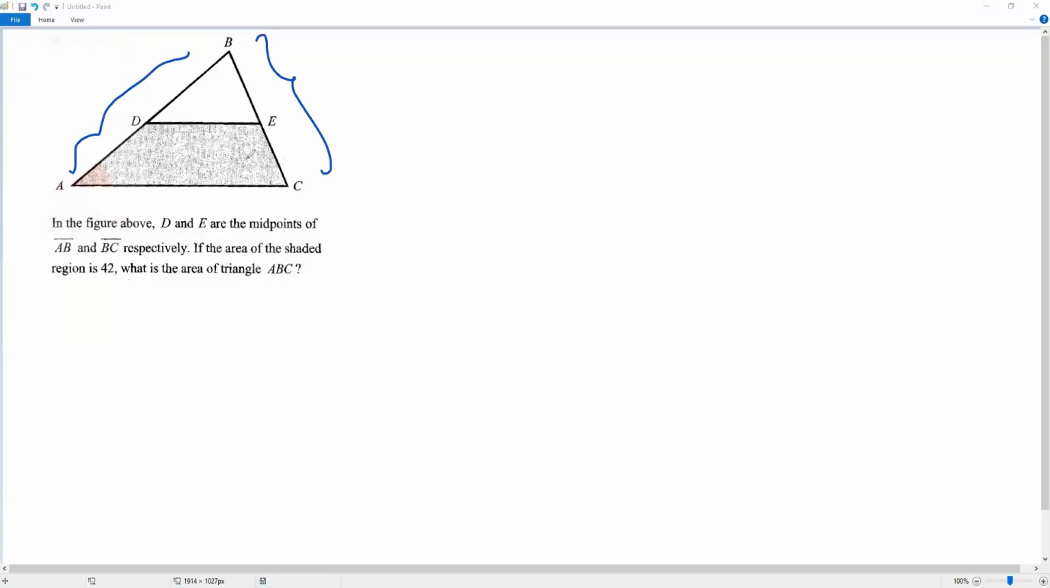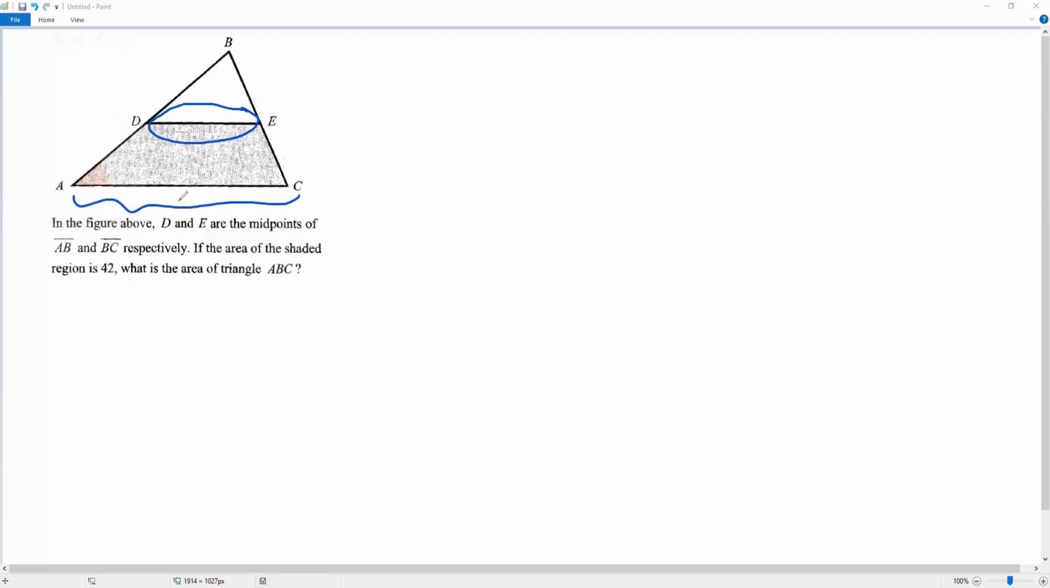Whenever there is a line segment joining the midpoints of two sides of a triangle, it has to be parallel to the third side, and its length is half of the length of the third side, by the mid-segment theorem. So the mid-segment theorem says the line joining the midpoints of two sides of a triangle is parallel to the third side, and the length of the line segment is equal to half of the length of the third side. So here DE is parallel to the third side AC, and